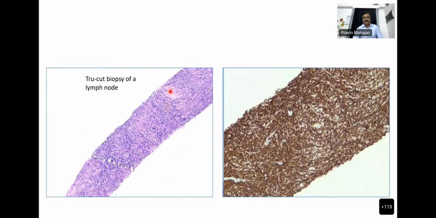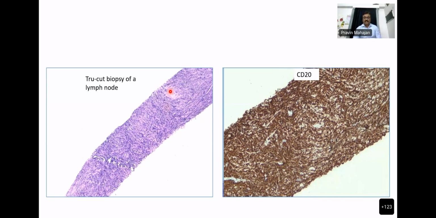This has been produced because of the needle which they might have used, which must have been an old needle, or they have reused the needle, or the tissue could be so hard, like sometimes in a mediastinum biopsy, where there is a mass in the mediastinum, it can be so hard that while taking the tissue, the tissue gets compressed, and you produce an artifact which is called crush artifact, and you cannot make out anything about